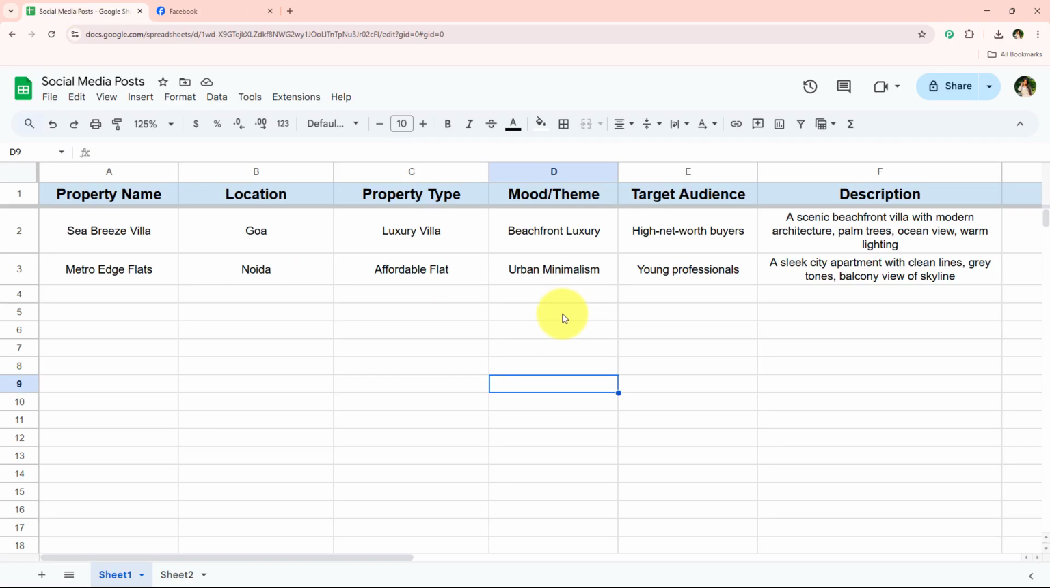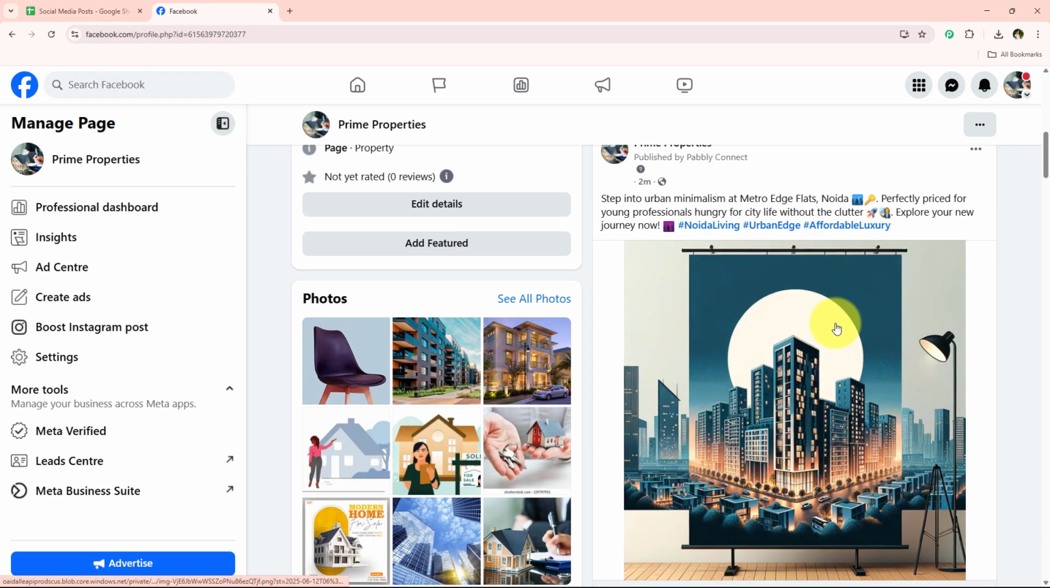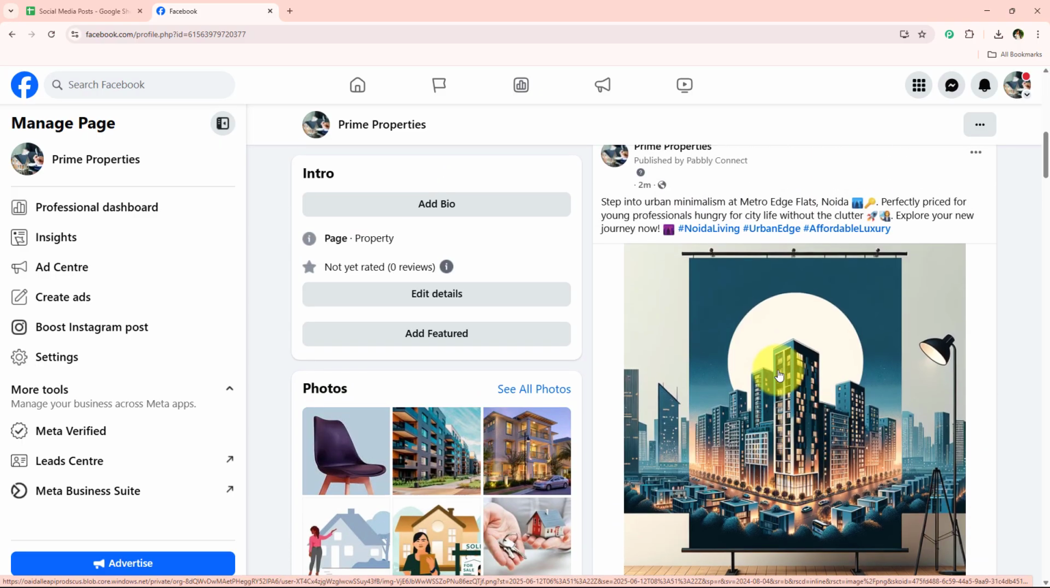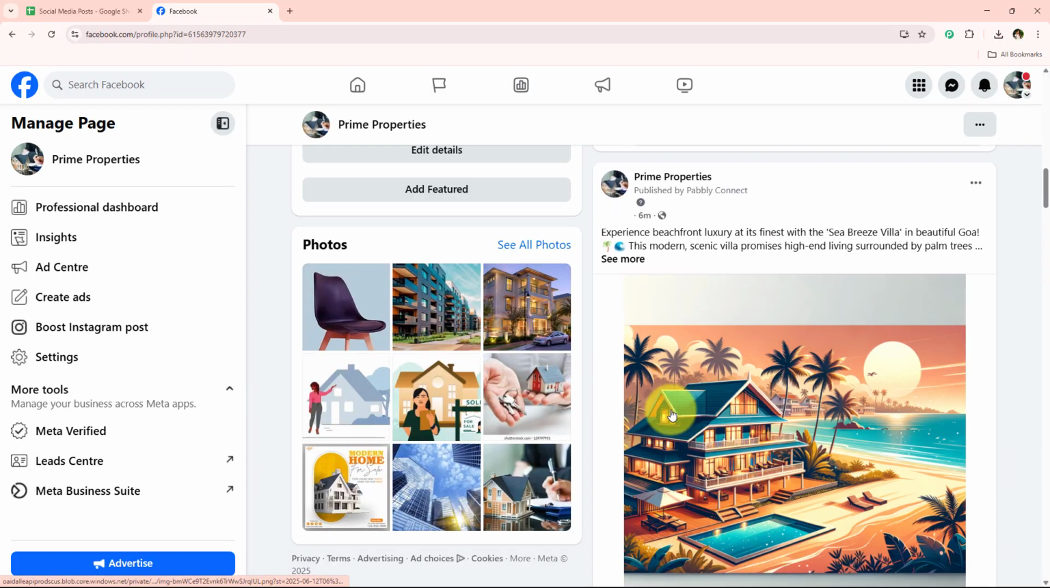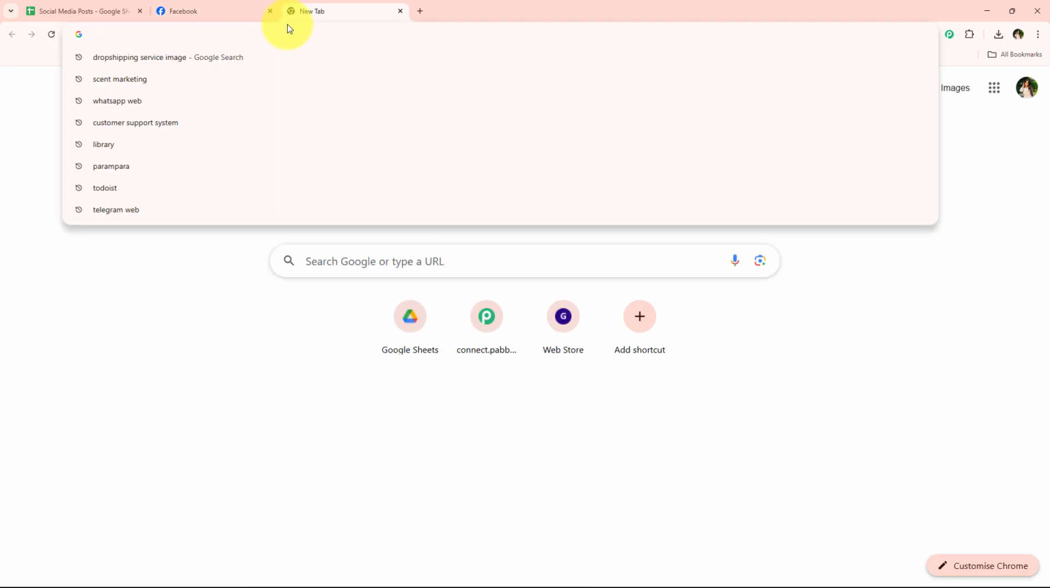And if you also want to create this amazing automation that whenever you add the details in your spreadsheet, automatically a new post should be posted on your Facebook, then for that you have to watch this tutorial till the end. So to do this, we are simply going to open a new tab,